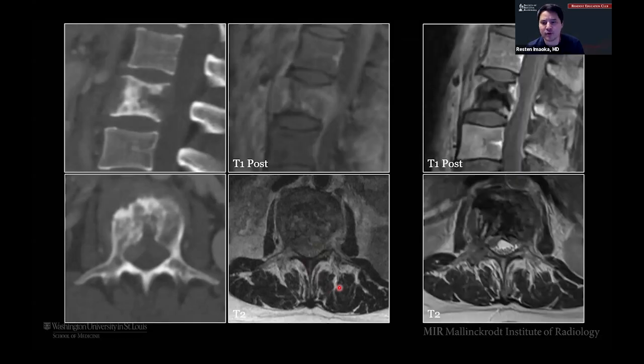This is what it looked like after we ablated here. So again, you can see this is the T1 sag post. You can see there's a little bit more space here between the tumor and the nerves compared to this one over here. And then here on the T2, you can see now some of that stuff has retracted. We actually do see some CSF now within all these nerve roots.